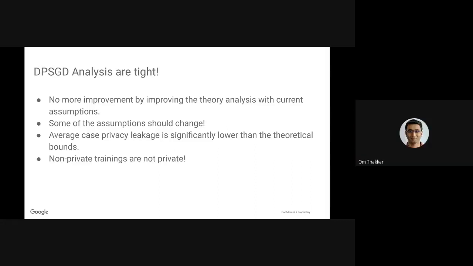Hey Milad, this is Om again. Hi. Really cool work. I don't know if I should be happy or sad to see that DP-SGD cannot be improved by a lot. But I had a couple of questions. The first one is, I was trying to wrap my head around this phenomenon that when there is low epsilon, so you add a high amount of noise, you can achieve attacks that match that bound. But when you add a lower amount of noise, somehow the attacks don't improve by that much.